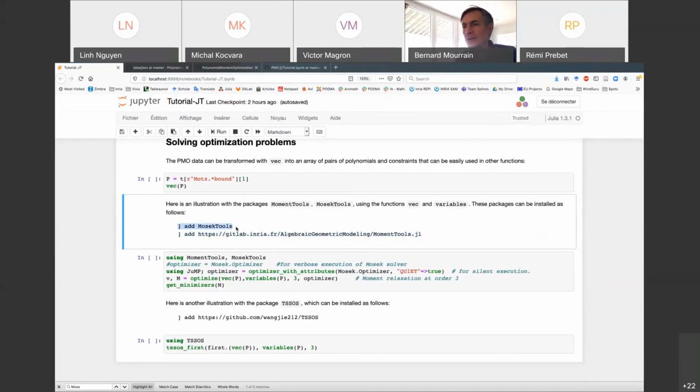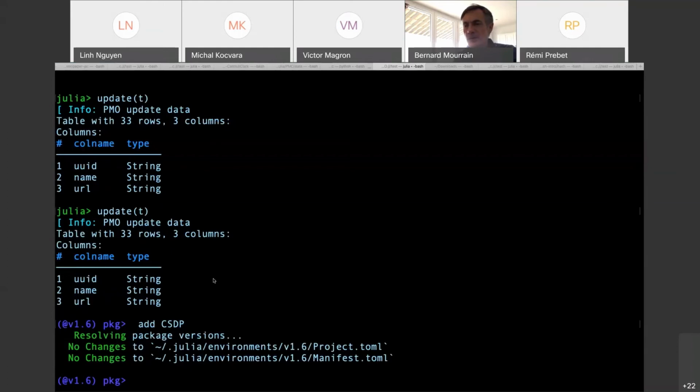You can use Mosek also, install Mosek in a similar way. And Moment Tools, so we install this, and the Moment Tools is already installed.